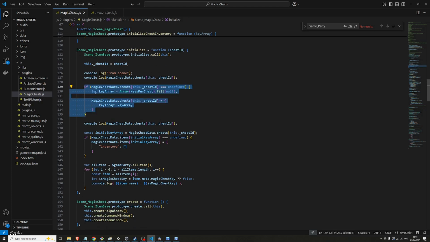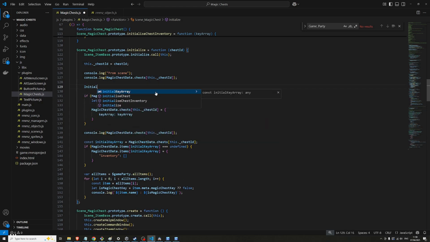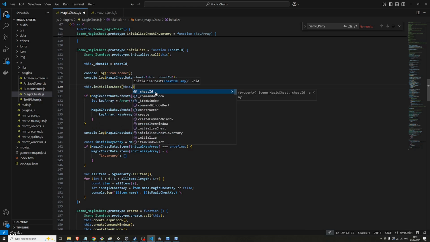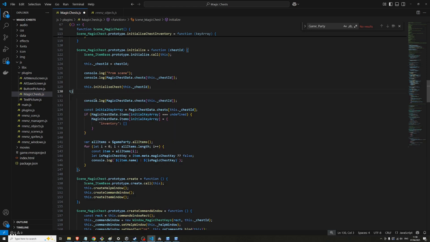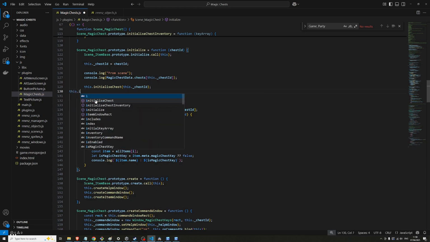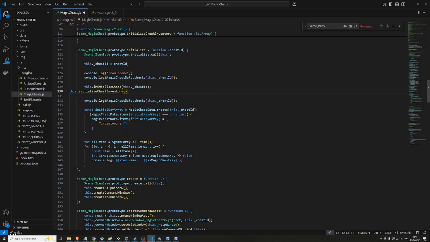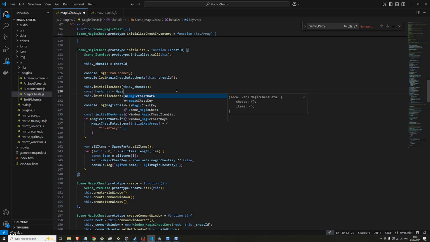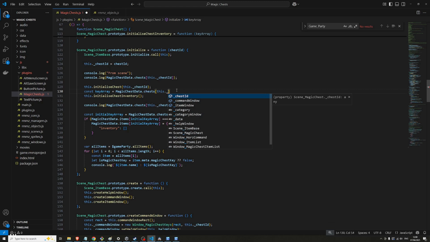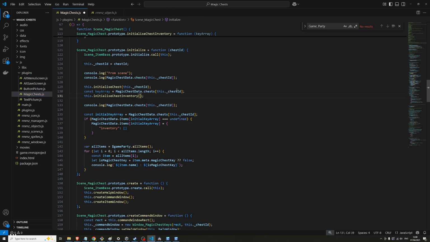And then in here, instead of doing this, we can just do initialize chest, and then we can pass in this dot chest ID, and then same thing for the inventory. This dot initialize chest inventory, and we're going to pass in a key array equals, grab the key array from that, and then